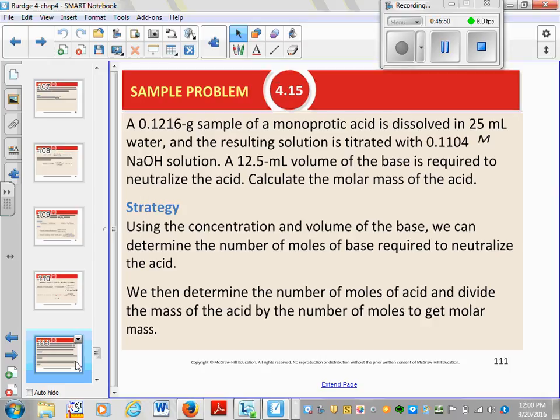We don't know how many moles. Do we know how many liters of solution we have? What do we dissolve the acid in? How many liters is 25 milliliters? 0.025. So the number of moles is 0.0552 times 0.025,